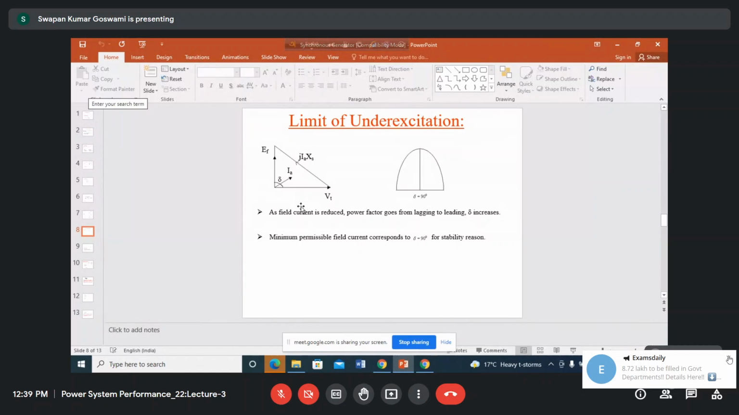If you increase the field current, there will be increase in the I square R loss in the rotor circuit, in the field circuit, means there will be heating of the rotor, and rotor heating therefore will decide the maximum value of field current. Over excitation limit will be decided by the generator rotor heating, under excitation limit will be decided by the stability of the generator. All right,